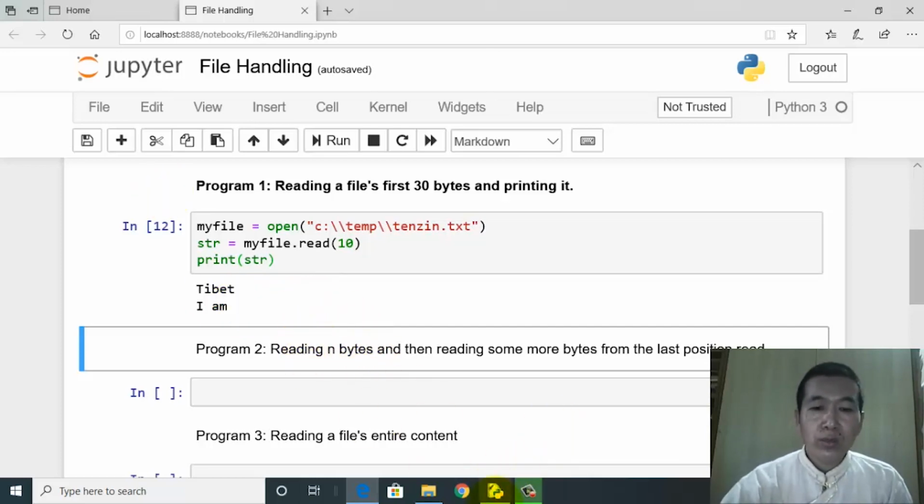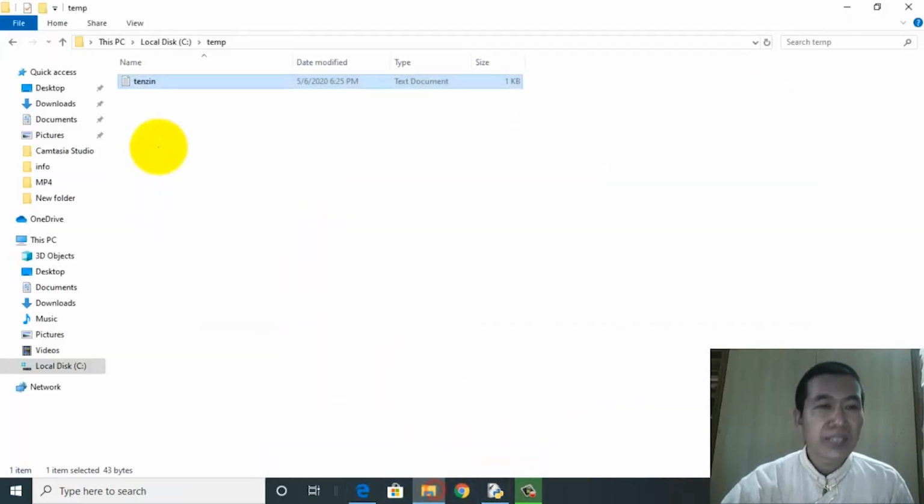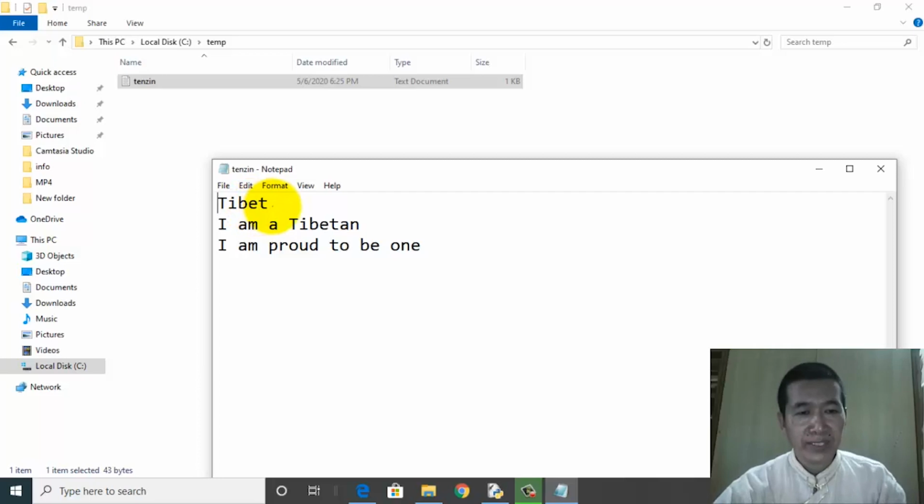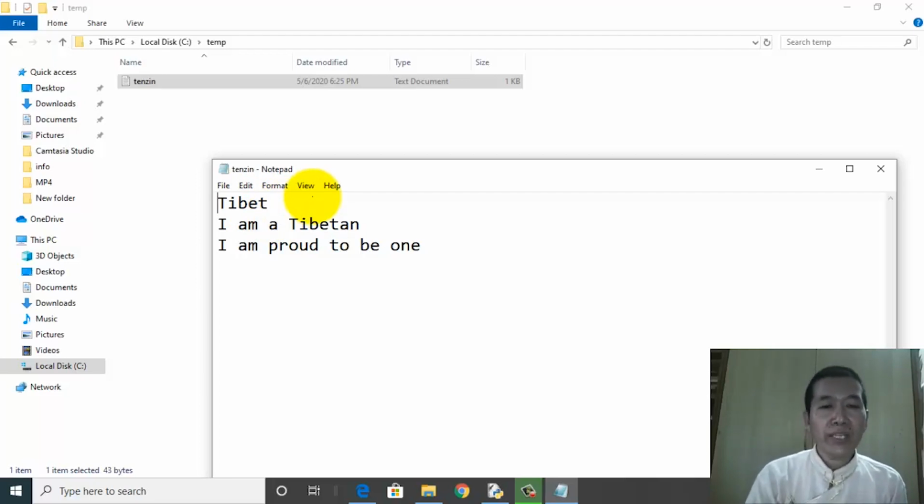So let's take a look at the text file Tencent. Here we'll just start with the counting 1 2 3 4 5, and then you have the enter key pressed. This enter key pressed is internally represented as a new line character or end of the line character, EOL.